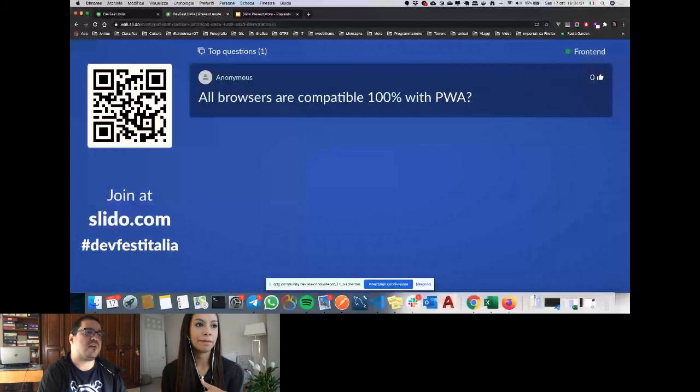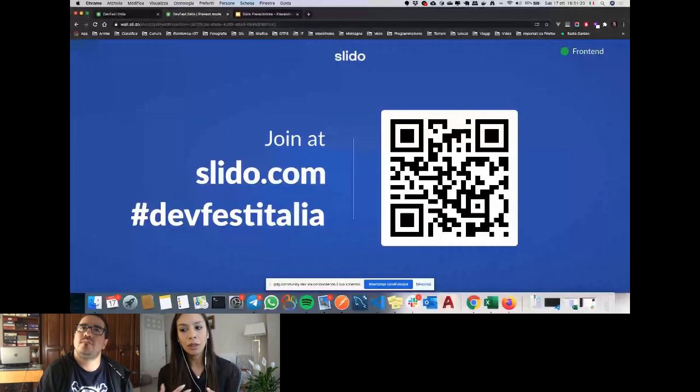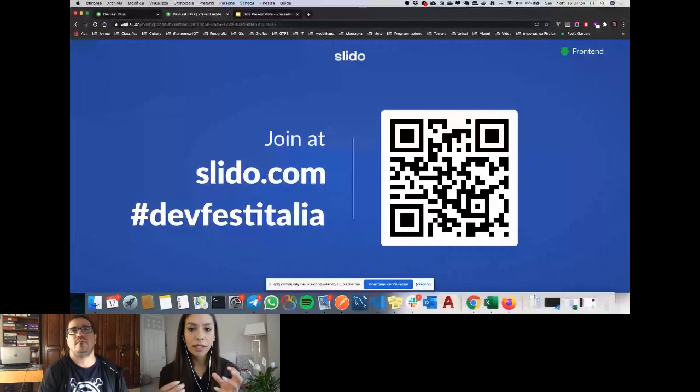Okay, and are all browsers 100% compatible with PWAs, or not? Yeah, again, no. Most Chromium browsers are available for PWA features, and even Safari and other vendors. What's the tricky question here? What's tricky is making sure about which features are required for each vendor. If you're using a Chromium browser, let's say Chrome, or even our browser, Samsung Internet, you won't have any problem. You need to have a manifest file, the icon, etc. But with other browsers, there are other requirements that you have to check